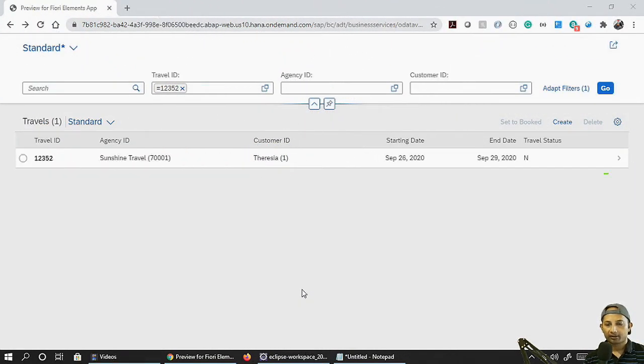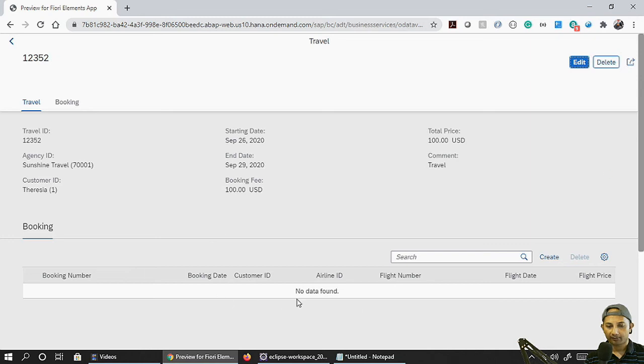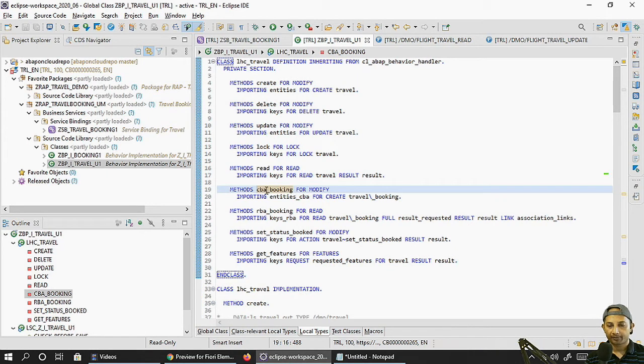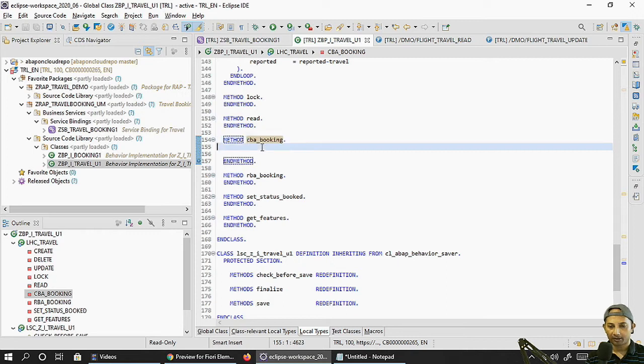So we created this travel instance last time. If I just go over here, I can see the booking number is missing, and today we are going to add these CRUD capabilities. It will not work definitely because we need to add our own custom logic. For that, I told you we have to use CBA booking, which is a create based on association. And you see the association underscore booking I'm using from my header, which is a travel, correct? So let's go into this first and see what's there.